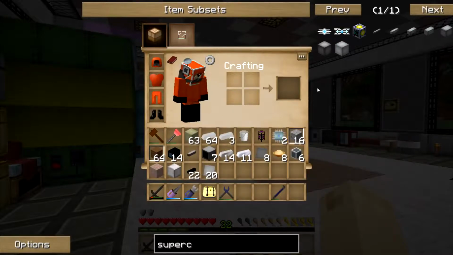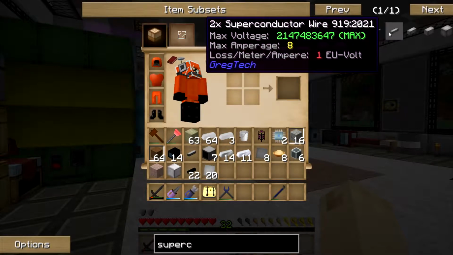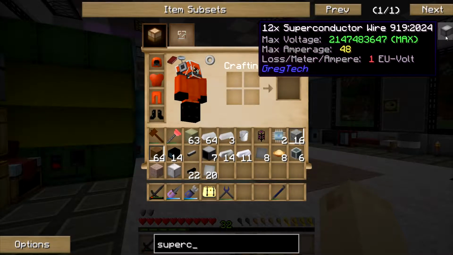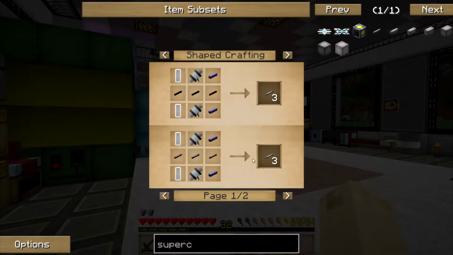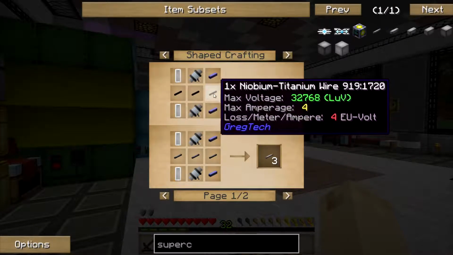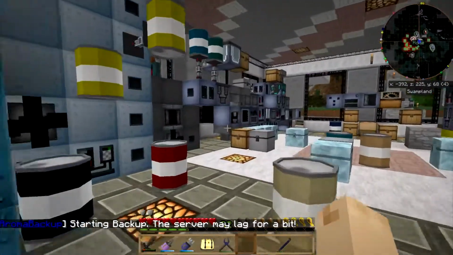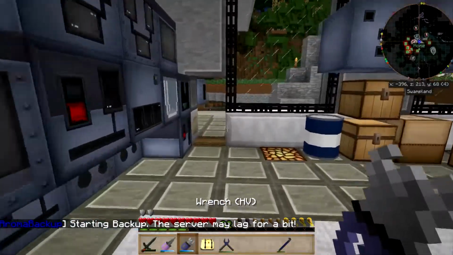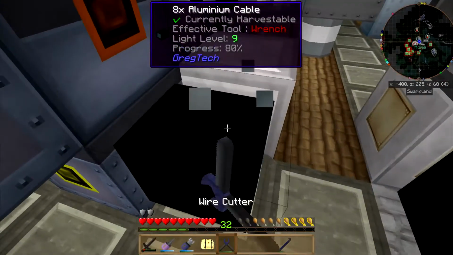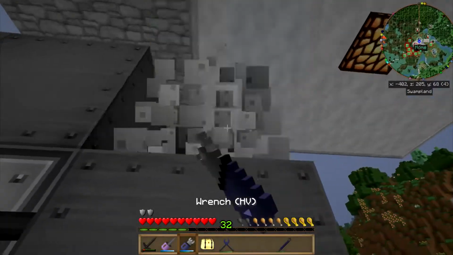Superconducting cables here. Superconducting wire. Oh, it's the same as the... That's the same as aluminum. It just has higher... It also takes niobium titanium wire, which may have been the thing I couldn't figure out how to get. Alright, so let's grab the other one. And let's go ahead and get this wire out of here. Ooh, I don't know if I can get this one because it is...